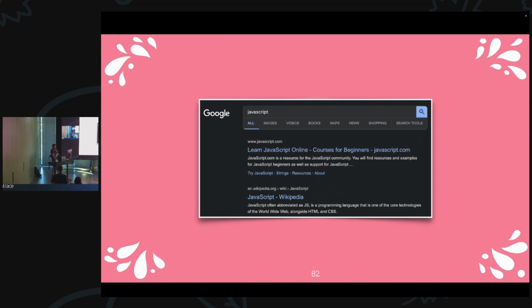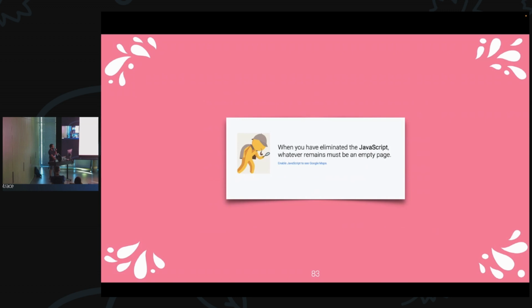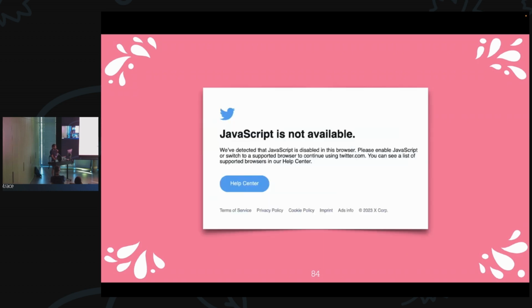This is Google without JavaScript. Looks pretty legit. You get search results. Google does a really great job here. Kudos to the guys from Google. Amazing. I like that their websites work without JavaScript. Unless you use Google Maps, of course. Then you need JavaScript, because they just keep you for a full. Well, that's much better than what Twitter does